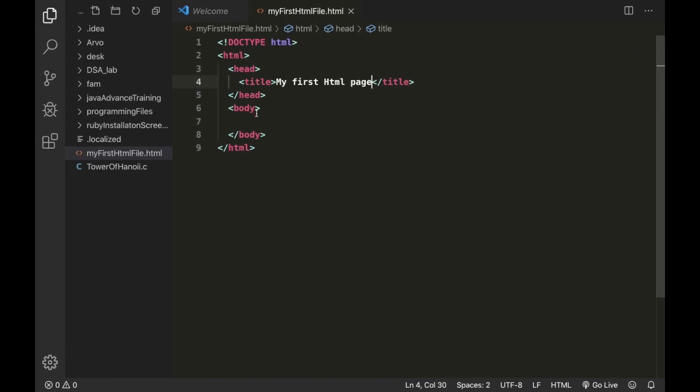Don't worry about all these tags. I'm going to explain all of these tags in my next videos thoroughly, so that you can easily understand the uses of all these tags. Now let's add some heading and paragraphs in our HTML file and see what happens in our browser. So let's copy the paragraph from somewhere, like,